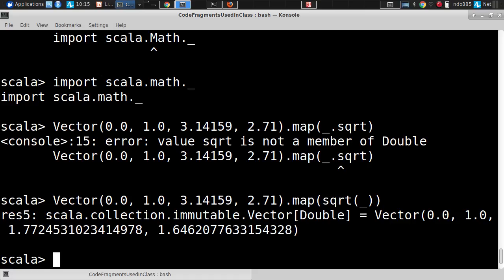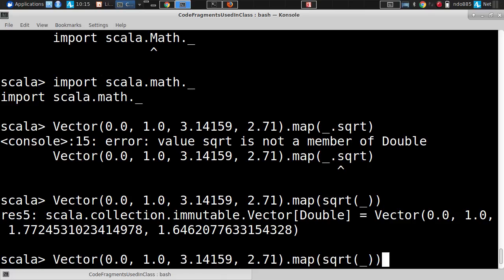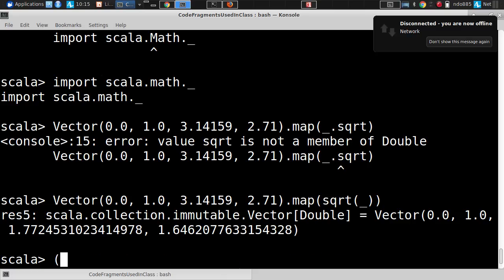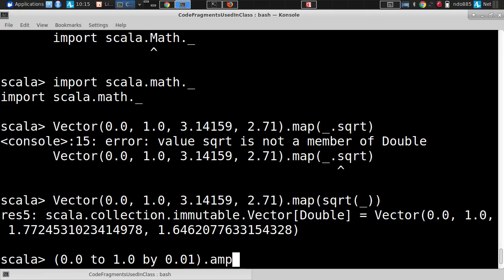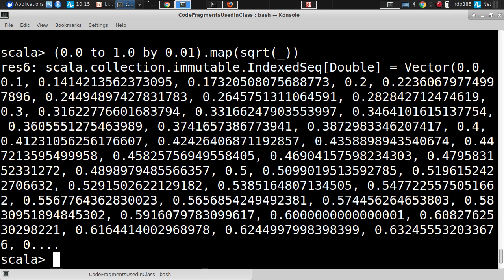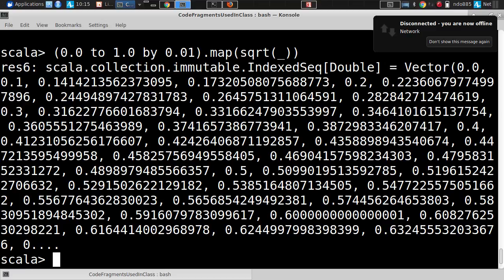Okay? Great. So there we are. We have a little thing, but we could do this in another way. We could, for example, do, and I'm going to parenthesize this just so it's clear, 0 to 1.0 by 0.01, and we could take the square root of each of those, right? There we go. So this is creating a collection of those going from 0 to 1 with an increment of 0.01,